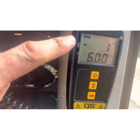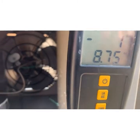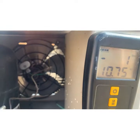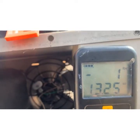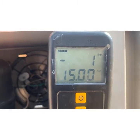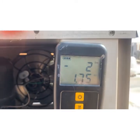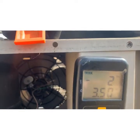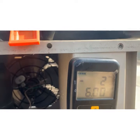So, obviously, numerically we're going backwards because I cleared it out at 0, and now it's measuring out the difference in loss. We could do it the other way. When I plugged it in, it was 15 pounds. You know, I could have just filled it to the sight glass and then weighed it again and said, oh, look, we're 8 pounds. Surprise, we put in 15 pounds. So,